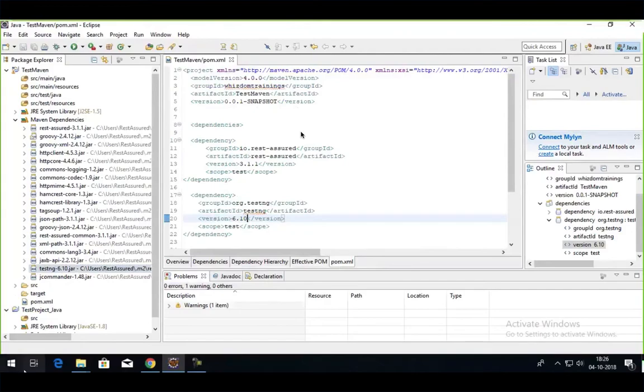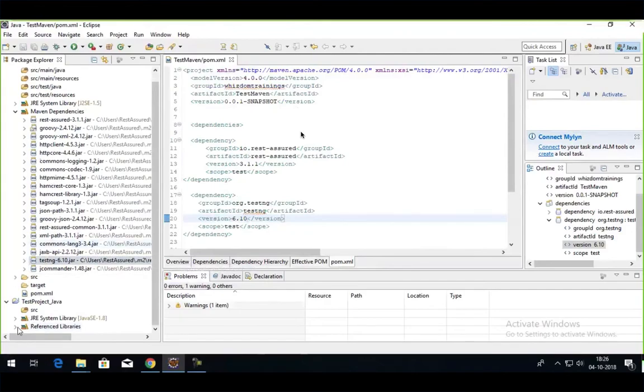Whereas if we're working with a Java project, it's really a hassle to keep track. But Maven does everything on the back end for us. So that's why we are using this Maven project. In the coming lectures, you'll see there are so many third-party libraries like Hamcrest and Extent Reports. All of these we will add through this pom.xml, rather than going to the official website, downloading the jars, extracting and adding them. We won't follow that, so we'll use the Maven project. In the coming lectures, you're going to see a lot more with Maven and Rest Assured. So thank you.